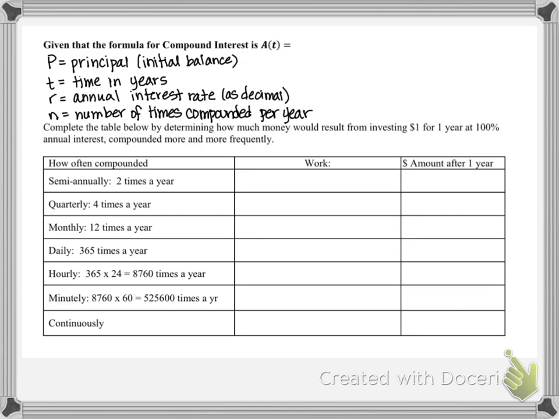You can see down here what each of the terms means. Semi-annually means they compound twice a year, so that would mean N is 2. Quarterly is 4 times a year, etc. I won't expect you to know hourly and minutely, but you should know what N is for semi-annually, quarterly, monthly, and daily compounding. So our formula is A of T, which represents the balance